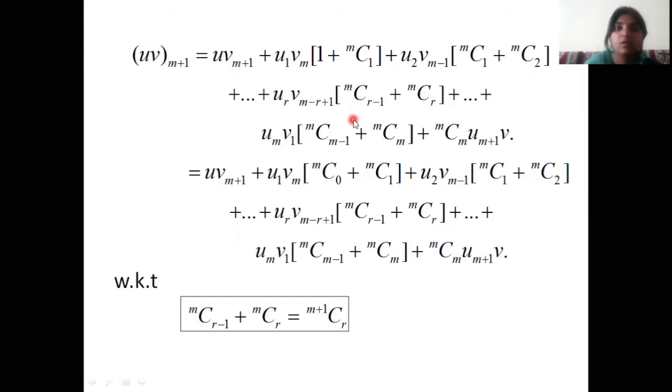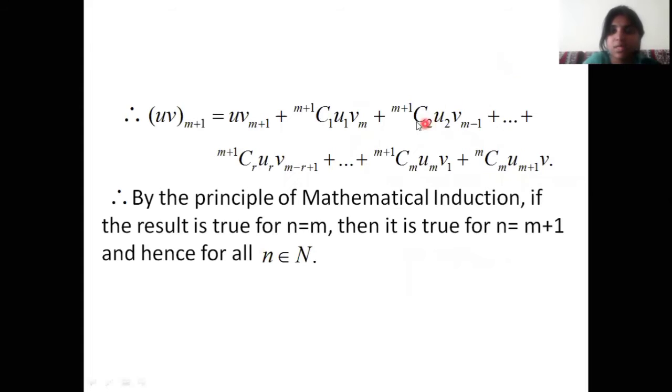Next, plus u2 v(m minus 1), using this formula here, mC1 plus mC2 you will get m plus 1C2. See here, m plus 1C2. So here it is m plus 1C2 into u2 v(m minus 1), plus so on, plus